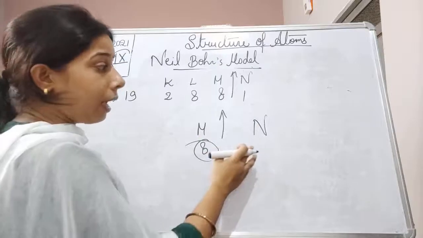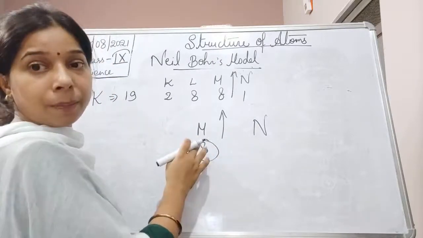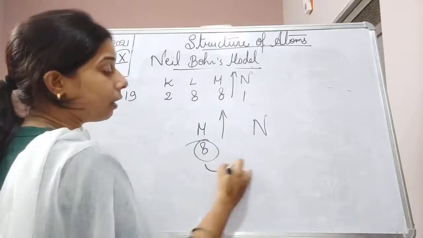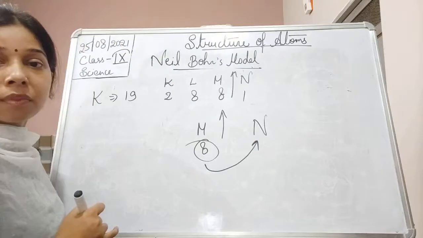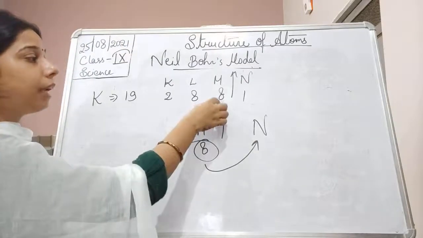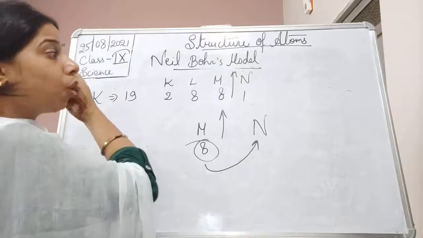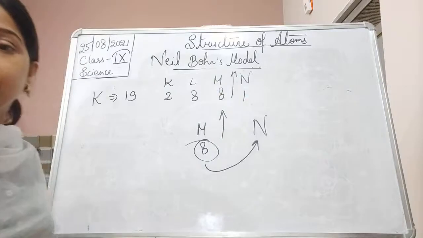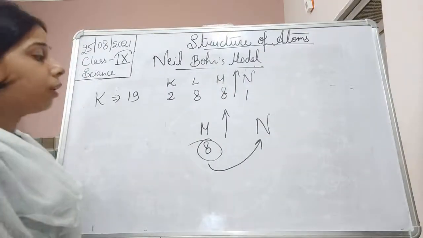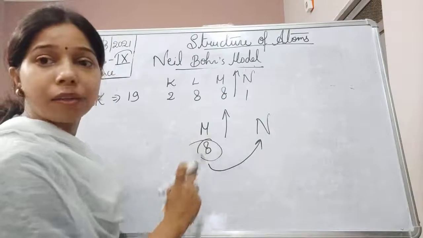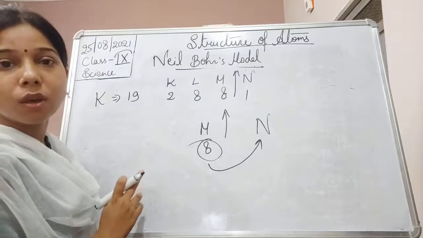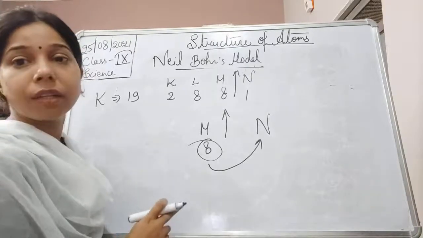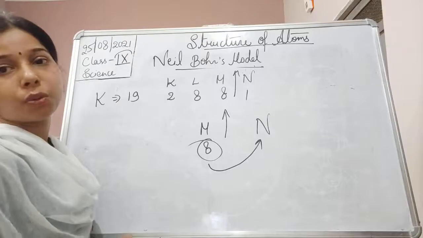So what happens? N has less energy than M. So the electron, instead of entering the M shell, starts entering the N shell. And because of that, after 8 electrons, they do not continue to enter the M shell, but start filling the N shell. Now you can see that since the energy of the M shell has increased a lot, the electrons will not continue to fill the M shell, but will enter the N shell.